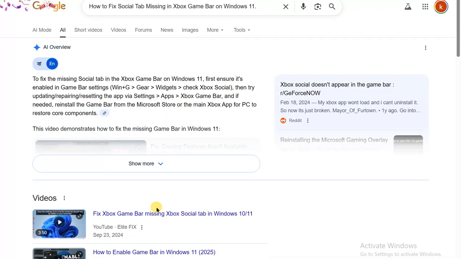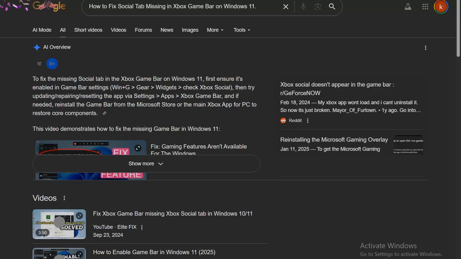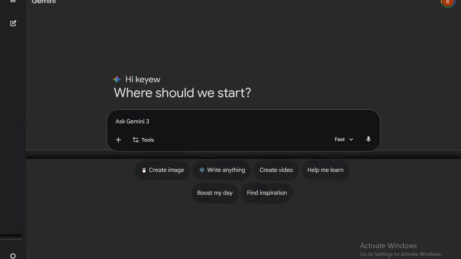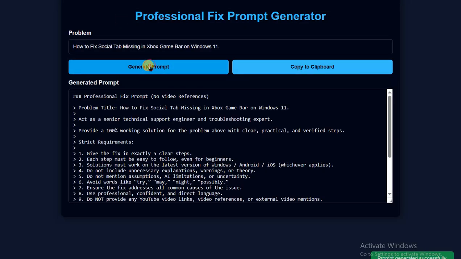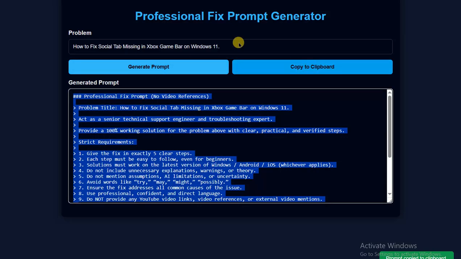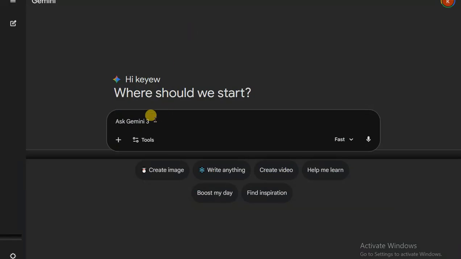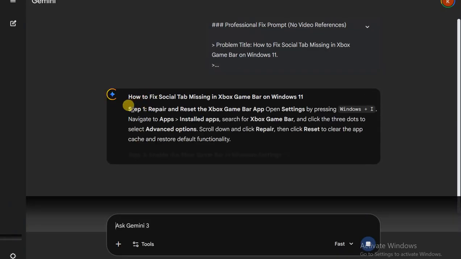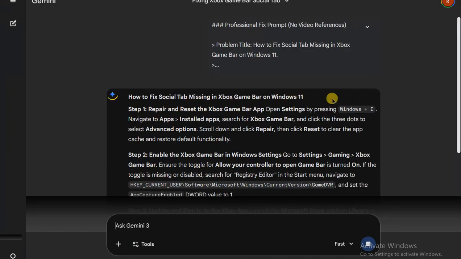But today on Rexist, I'll show you a secret easy trick that fixes this problem quickly and safely in just a few steps. First, we'll reset the Xbox Game Bar to restore default settings, then check and enable all necessary Xbox services, so the social tab can appear, and finally, repair any corrupted app files to ensure the feature works properly. This method works on almost all Windows 11 devices, keeps your games and data safe, and doesn't require advanced